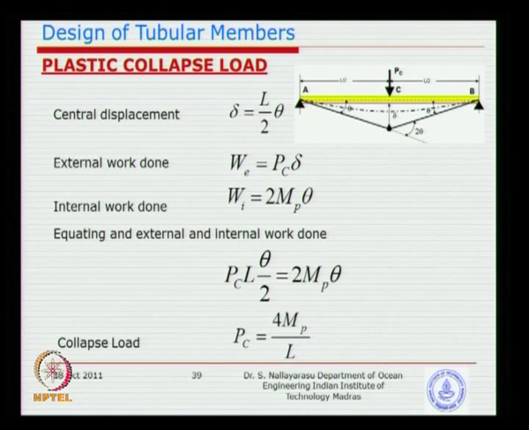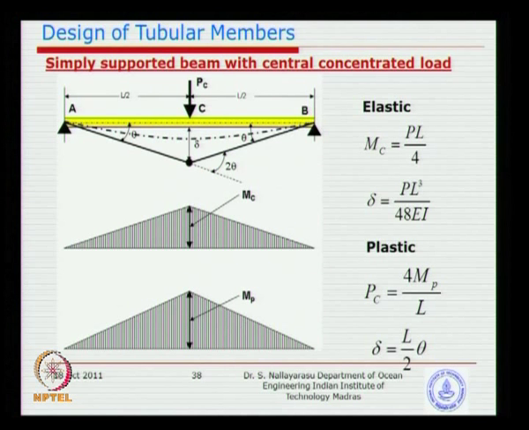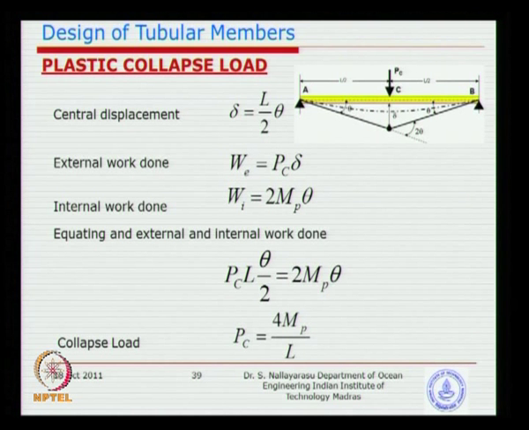How do we derive this? The slide I just showed was only by inspection, looking at a bending moment diagram and then equalizing, but you can also do it by the energy principle or work done. So you look at this diagram, the central displacement, as I was explaining, can be calculated as L by 2 theta, assuming that the length extension of half the beam due to bending is too small. Actually, if you look carefully, L by 2 plus delta L will be there because of the strain in the beam, which I am ignoring because it is small, since delta itself is small. So L by 2 theta is the approximated displacement at the center.